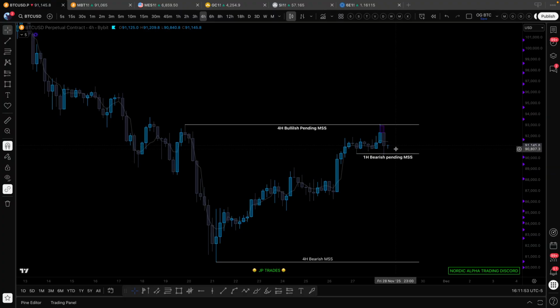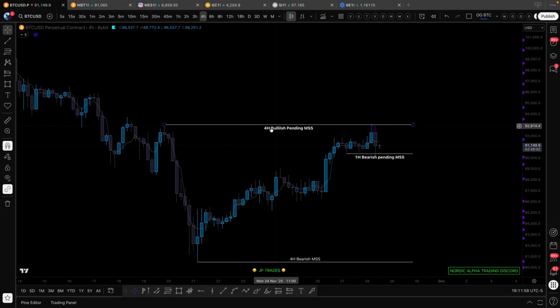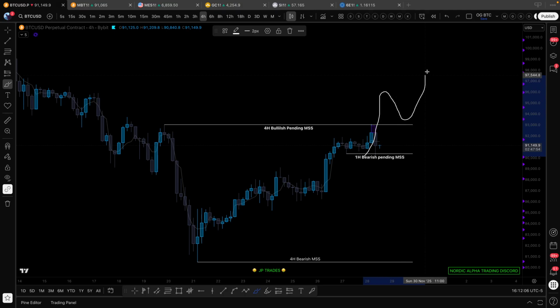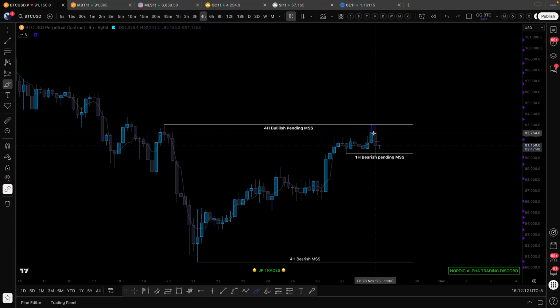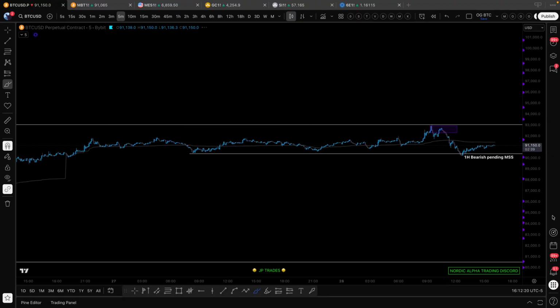So let's start on the 4-hour time frame. As I was saying in the video, we are watching this 4-hour bullish pending market structure shift. We wanted to see if price was going to break out and continue this uptrend, or if we were just going to SFP this. During that update this morning, we had already taken this high and the SFP was already starting to show itself. And at that time, what I was trying to show,